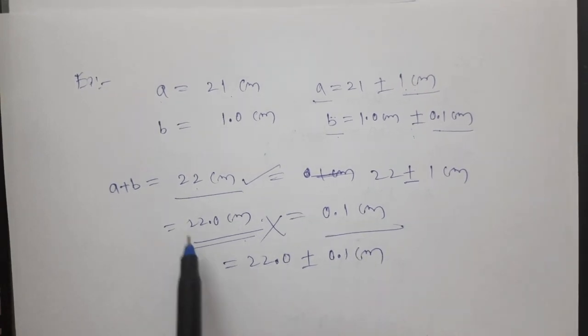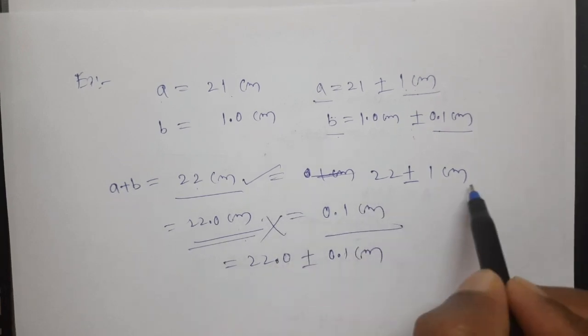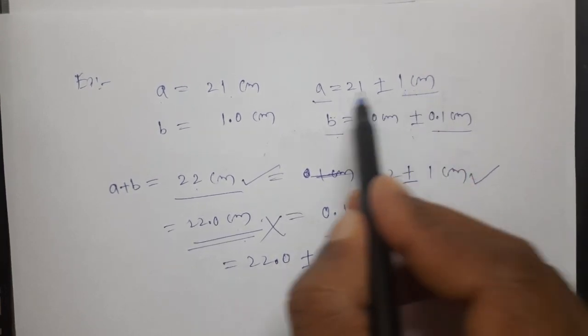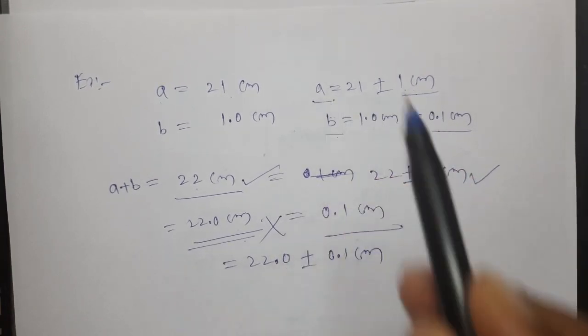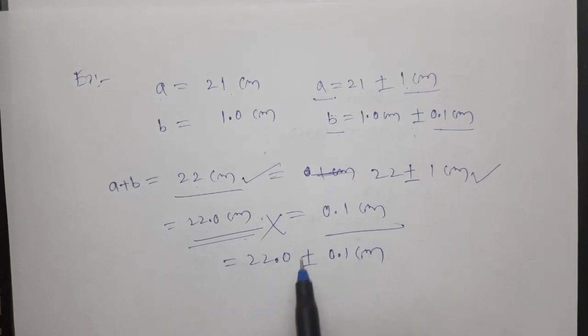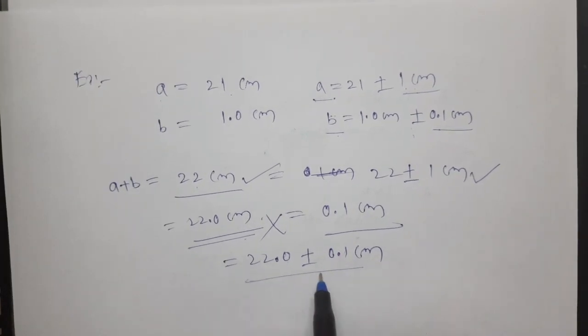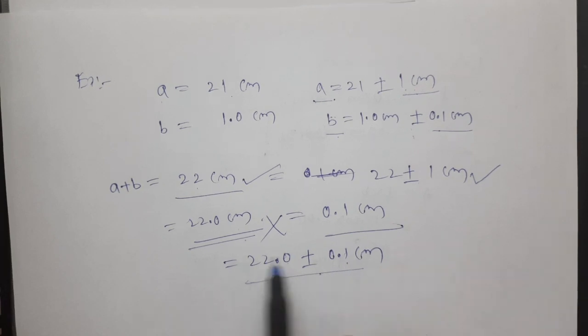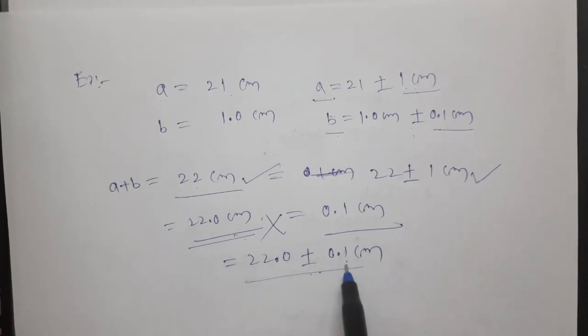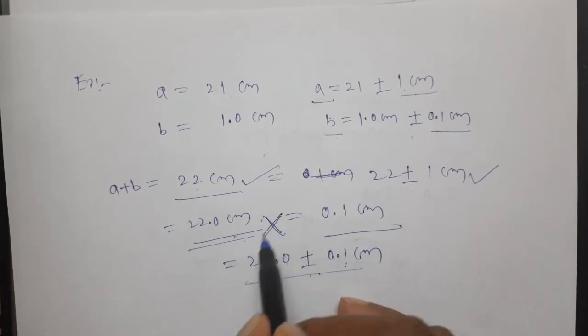But clearly, which one is correct? This is the correct one, right? This is the correct one, because when we have error 1 centimeter in A, isn't it? Yes. And how will the error be reduced? The error must be in the order of 1, right? But if we represent it like this, the error is in the order of 0.1 centimeters. So that is the reason why. So we are not supposed to represent it like this.